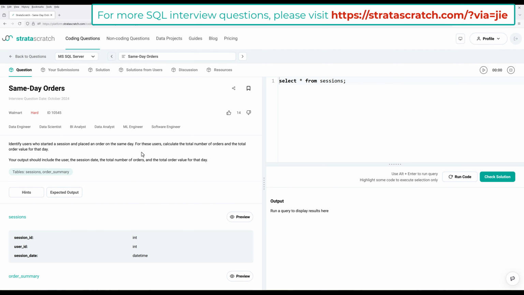In this SQL challenge, we are going to learn how to solve a hard problem called same-day orders by Walmart. Let's look at the problem below. We need to identify users who started a session and place an order on the same day. For these users, we also need to calculate the total number of orders and the total order value for that day. The output should include the user, the session date, the total number of orders, and the total order value